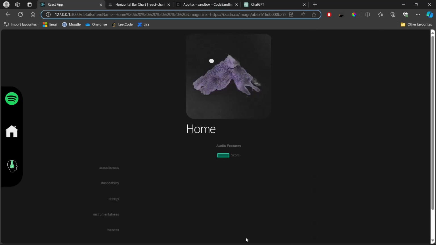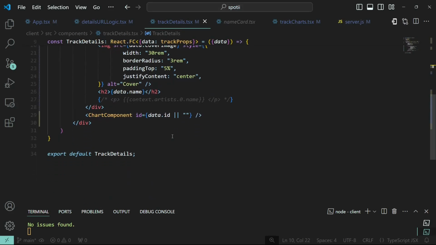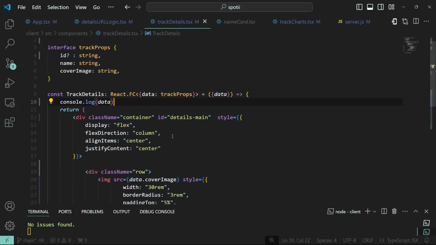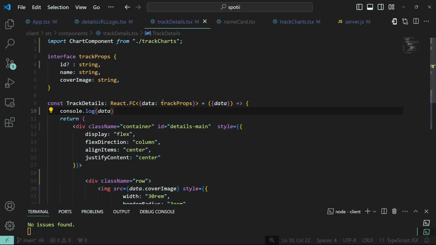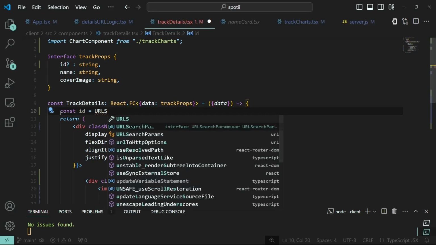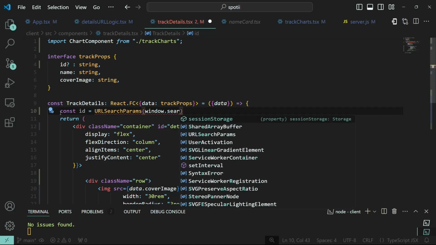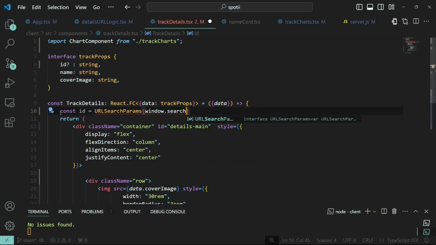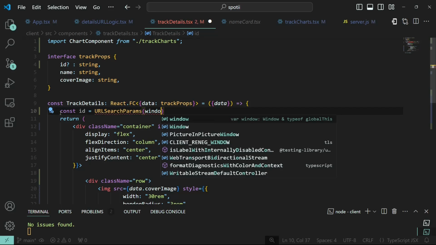Now since I've got the ID within here, I can just get it in our track details. I said data.id, which is not coming from the data, so I'll have to map it manually. So the ID is going to come from URL search params, window.search, window dot